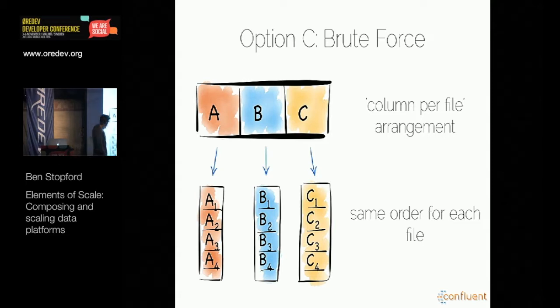So all of the rows inside column A end up in one file, in B end up in one file, C, etc. And this has some quite nice side effects. One is that when we put data into separate columns, we can apply compression very effectively. Columns tend to compress quite nicely.